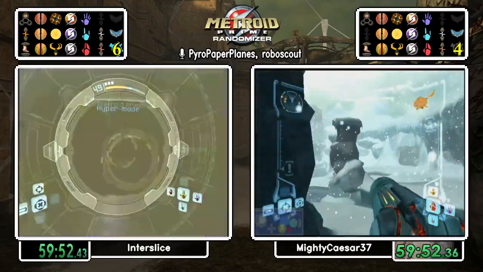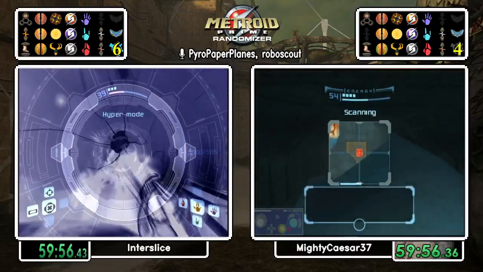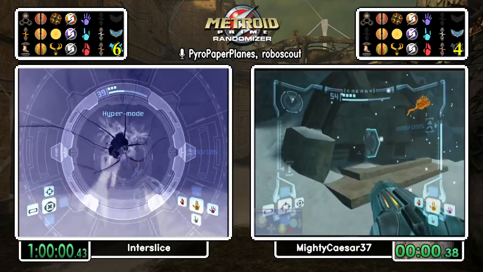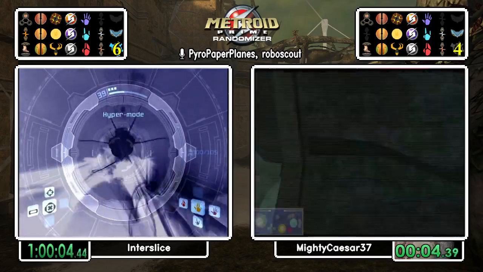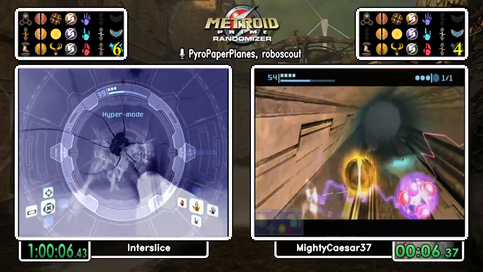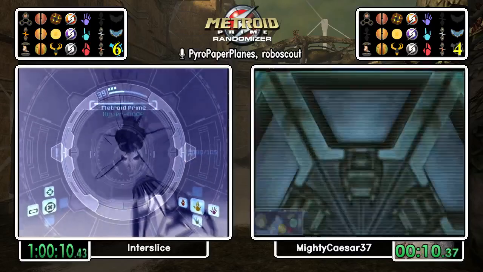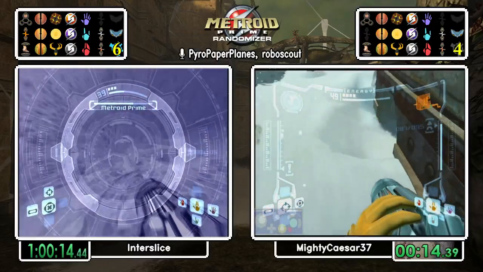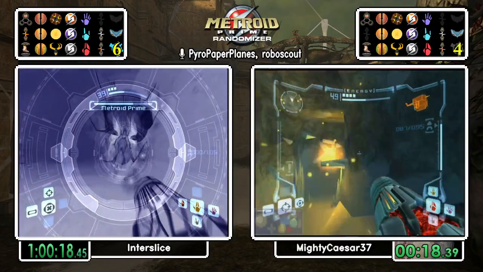It's useless. I really hope he doesn't need any missiles later on, especially with no power bombs. It's going to mean the Hunter Metroids are going to be a... Oh, never mind. He could probably just use phase jumps off them, but that's going to cause him to lose time. And Mighty Caesar is finally going to pick up his super missile here. Pretty much almost the last check for him, unfortunately. Yeah. Well, not in his head, but...